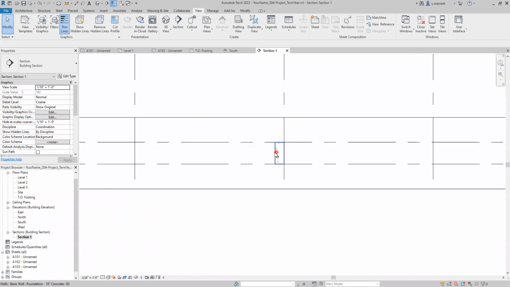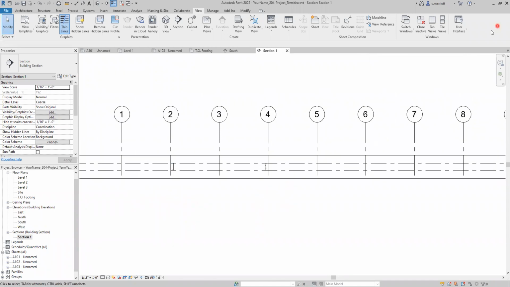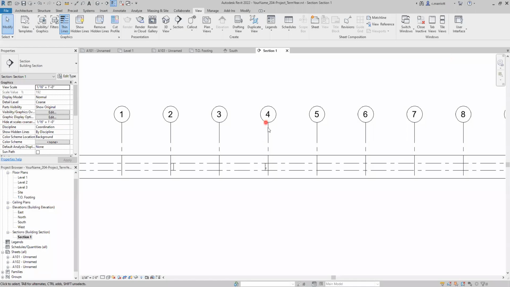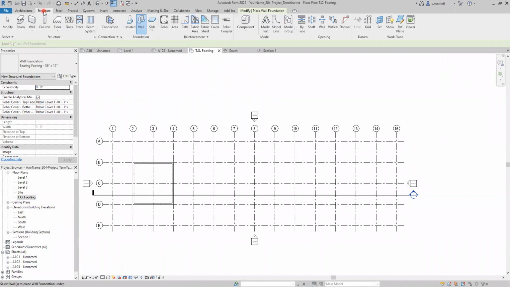Okay, so here are these two very short foundation walls. And as you can see, they're aligning with these column lines, and that's going to be the face of my brick above. So now I'm going to go back to my top of footing. Okay. If you go to structure, and then under this foundation panel here, you click on the wall,